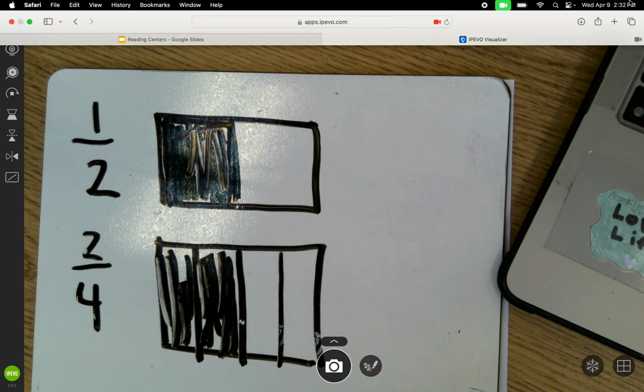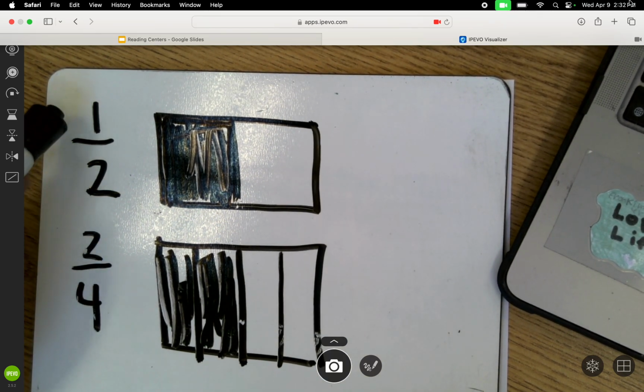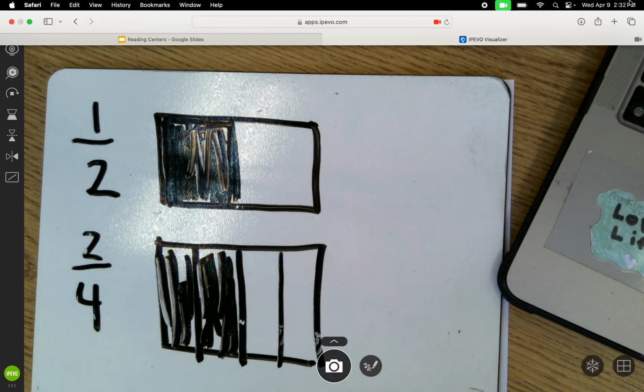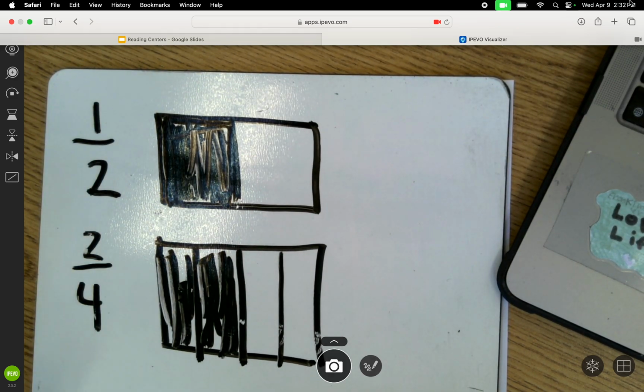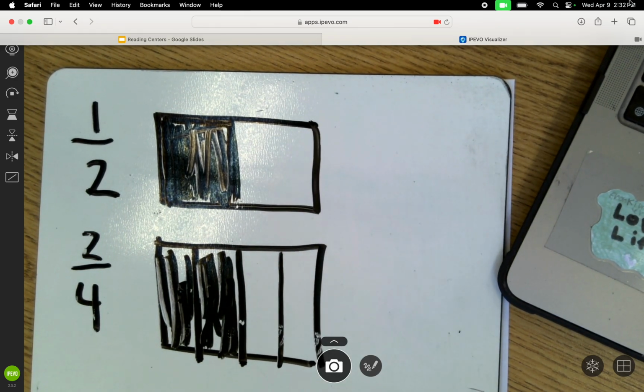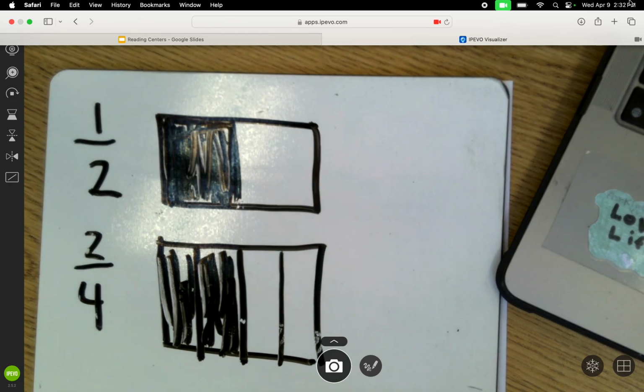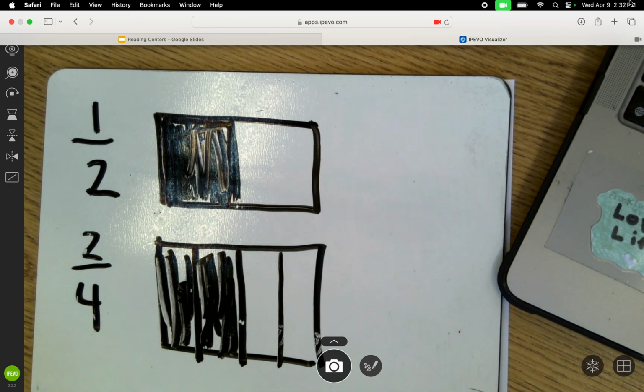So remember, we don't compare, we don't look and say, ooh, 2/4 is bigger, a 2 is greater than 1, and a 4 is greater than 2, so 2/4 must be bigger. No, no, no, no. Always work out the math, either using a picture or what we're doing today, or cross multiplying. And then today we're actually creating equivalent fractions. So